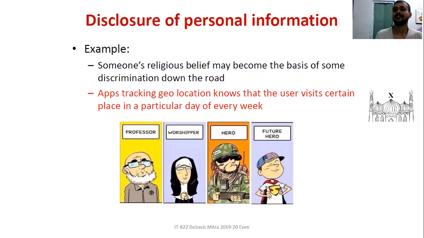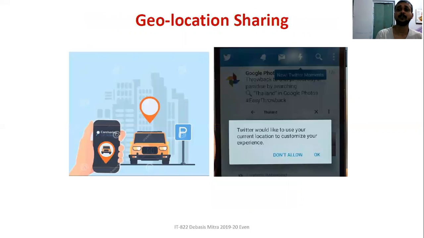Like if data analysis can be performed to identify whether a person visits a certain place on a particular day of the week, and that place may be of religious interest, from that the religious background of that person may become evident and can later on be used indirectly for some kind of discrimination. So this geolocation sharing is very critical, and this is very common and very useful for some applications